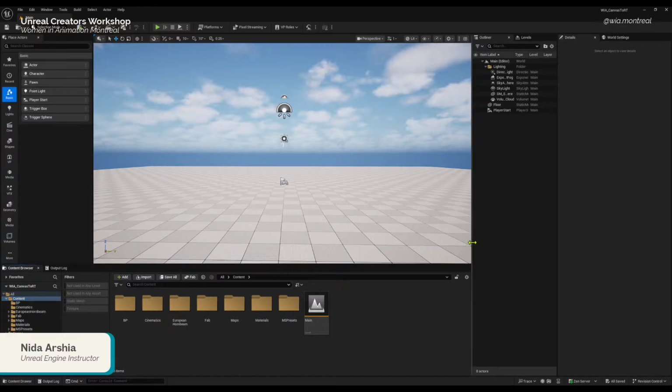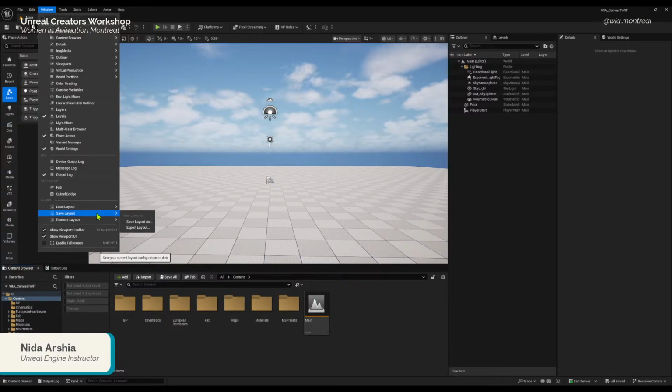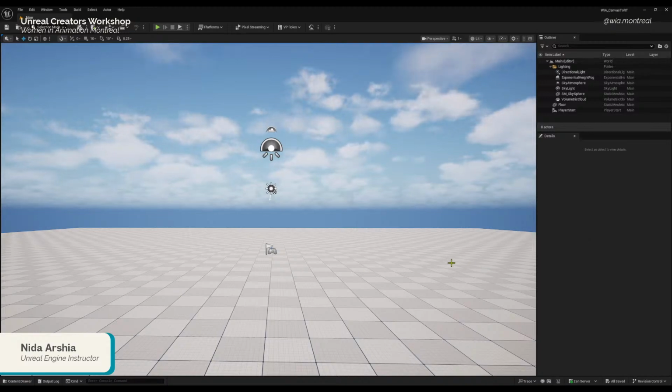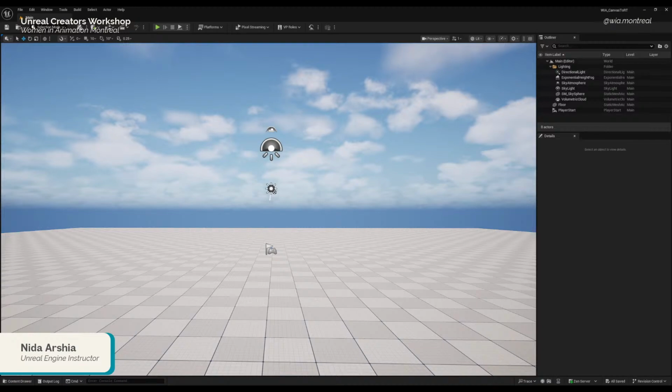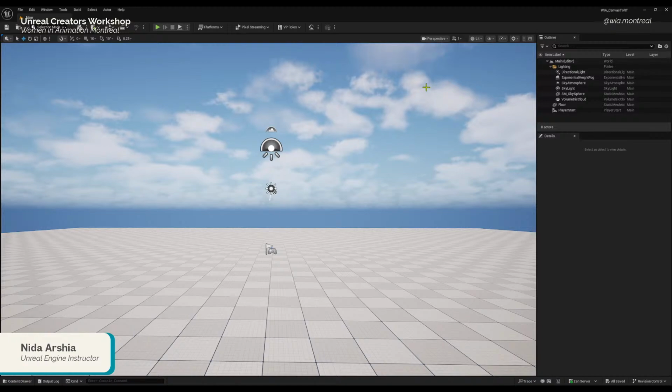Okay, so this is the project. This is how the UI looks. I'm going to reset the layout to the default one because this is not the default editor. So this is how your Unreal editor would be opening up. There is a big viewport in the front, and on the side you have some windows, and again on the bottom there are some windows. I can show you why I work with a certain kind of layout, and it's going to make a lot more sense. You can choose to work with a similar layout, but let's look at the UI first.